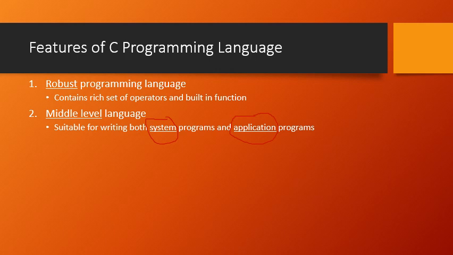The software is basically what? It is a collection of programs, right? That is what we studied earlier in the introduction part. Software is nothing but a group or a collection of programs. This software can be of two types: one is system and the other is application. To give just simple examples here, I will be giving examples of these types.